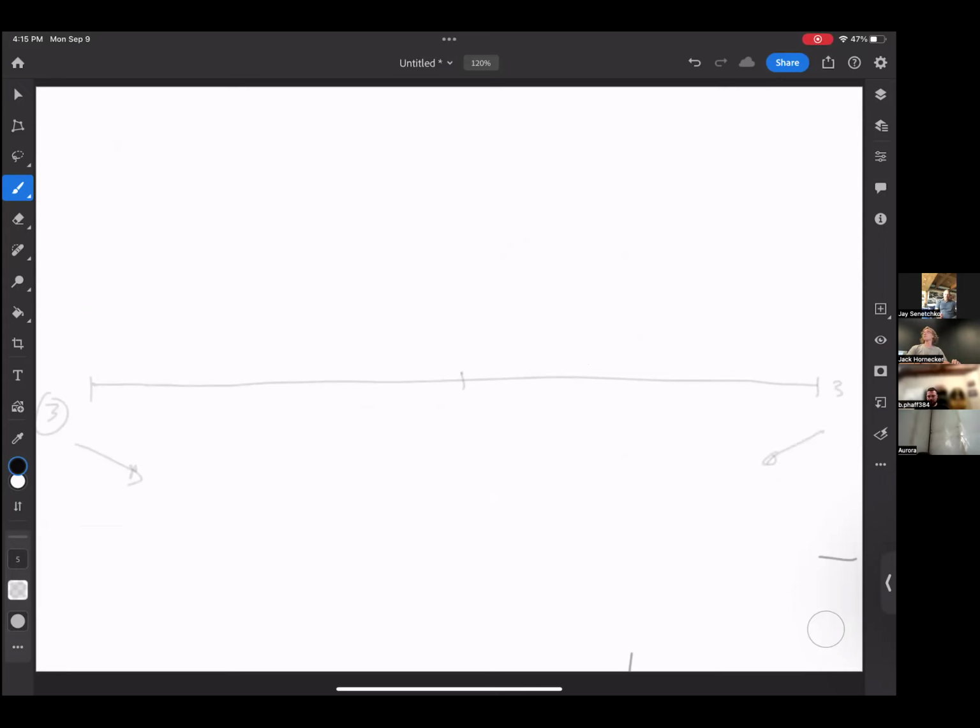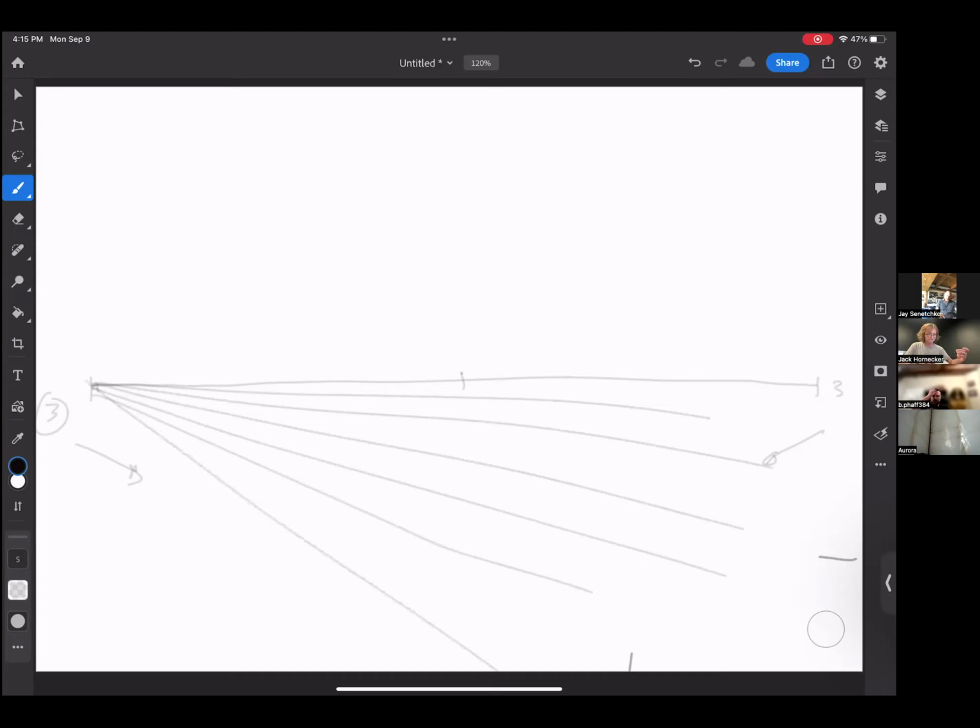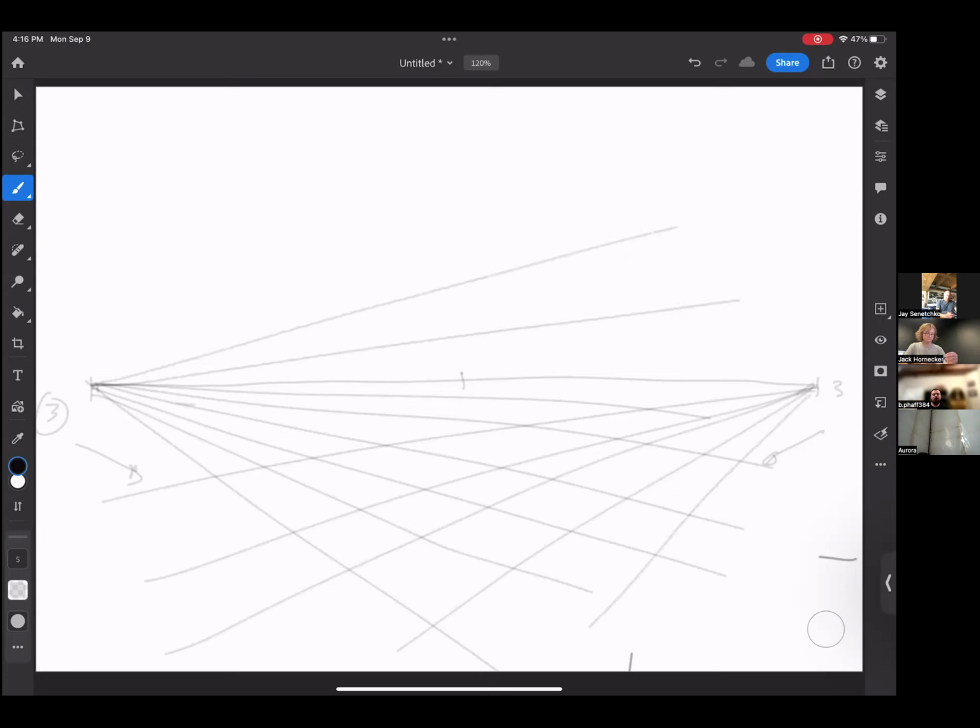Here is a nice little trick that all of you can use. Make yourself a grid. And you can do this with 1 point, you can do this with 2 point, you can do them with both. Making yourself a grid just cuts out the necessity of having to drag every single line back to its point of origin every single time you do one of these drawings.